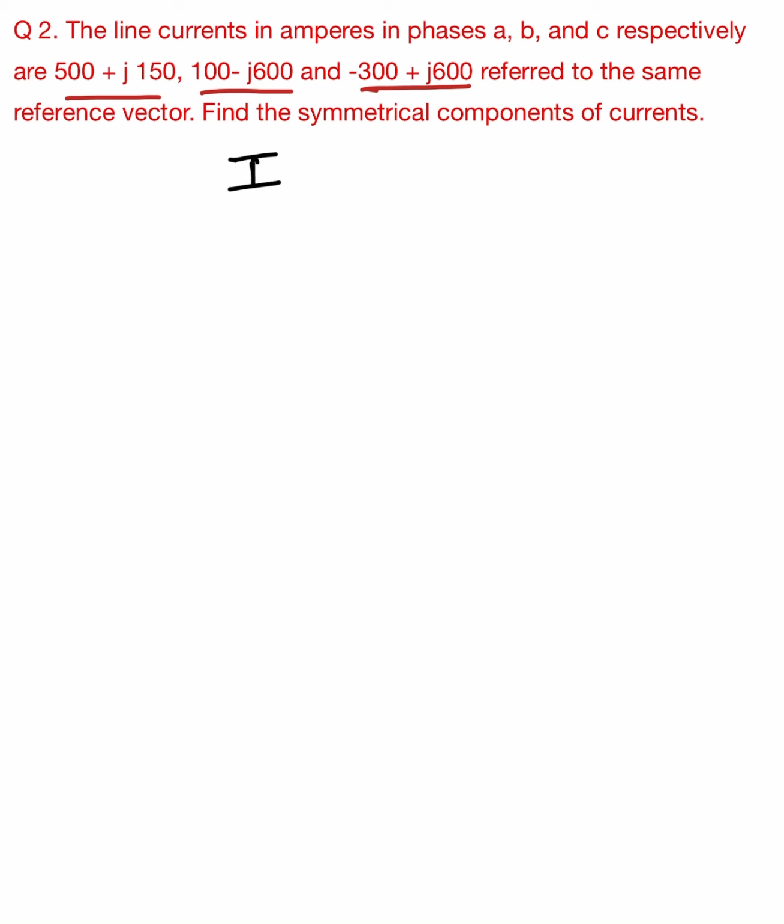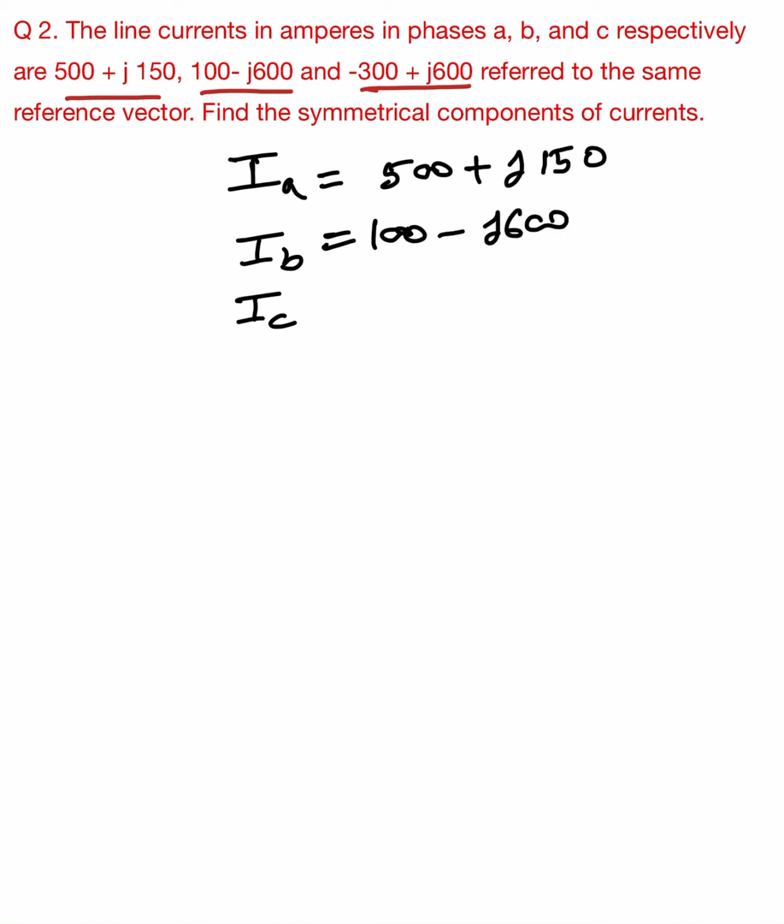So here we simply write IA, IB, and IC as given. IA is 500 plus j 150, IB is 100 minus j 600, and IC is minus 300 plus j 600. It is given in the question. Now we have to calculate the zero sequence, positive sequence, and negative sequence components of the